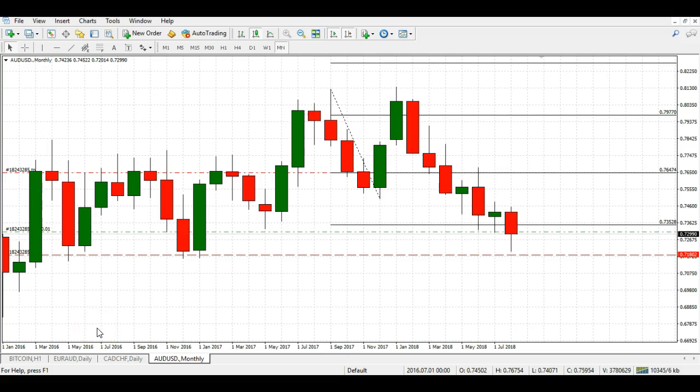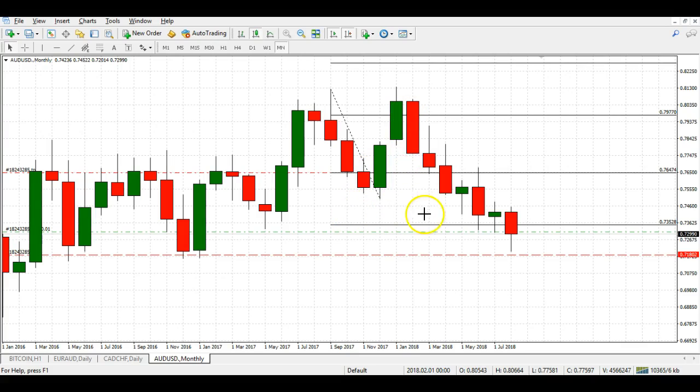This is the Australian versus the US dollar monthly chart. As you know, the market is in a very critical phase right now. It's in a make or break situation, and for the previous month or two, we're trying to figure out where's going to be the next move. And the Aussie dollar reflects beautifully the rest of the market as far as I'm concerned. So it's pretty much my leading factor, and you can see how price